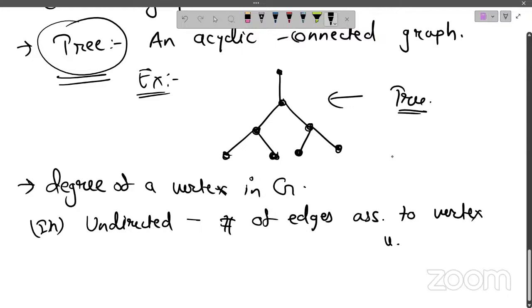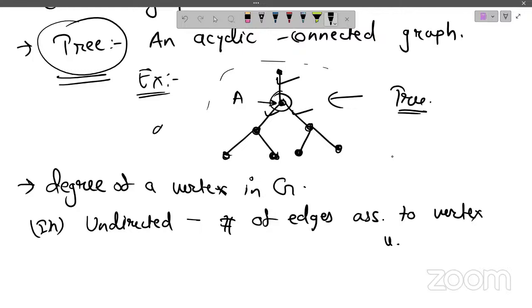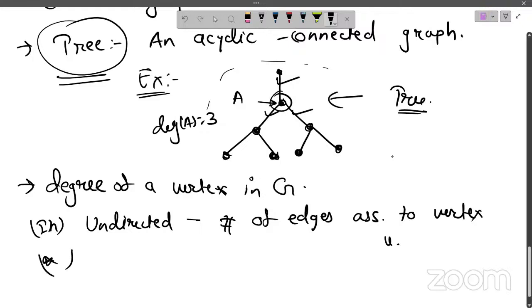For example, in this tree, if you assume this is your vertex A, then how many edges are associated to A? 3, right? This one, and this one. So that's why the degree of A is 3. And this is an undirected graph, right? I am not giving any direction to any edge. So in an undirected graph, the degree of a vertex is basically the number of edges associated to that vertex. Okay. And in a directed graph,